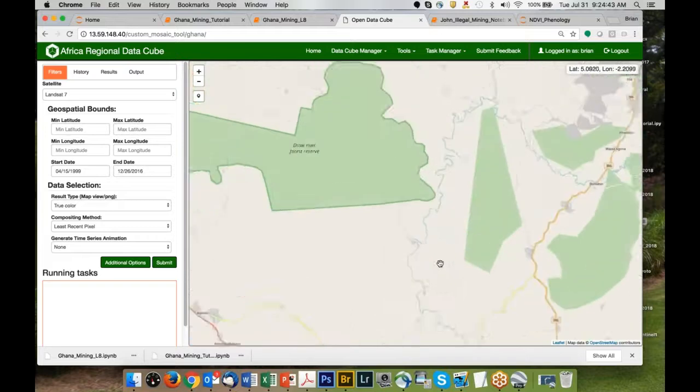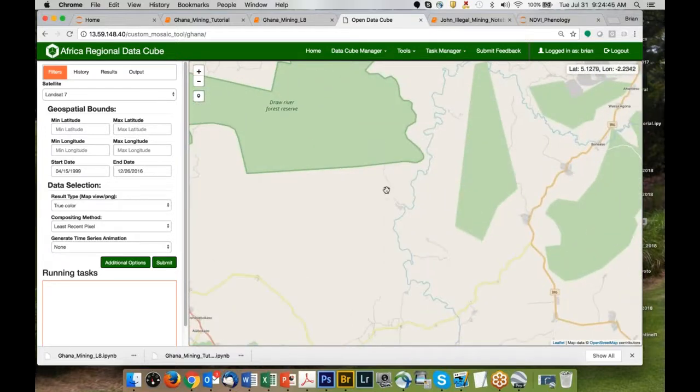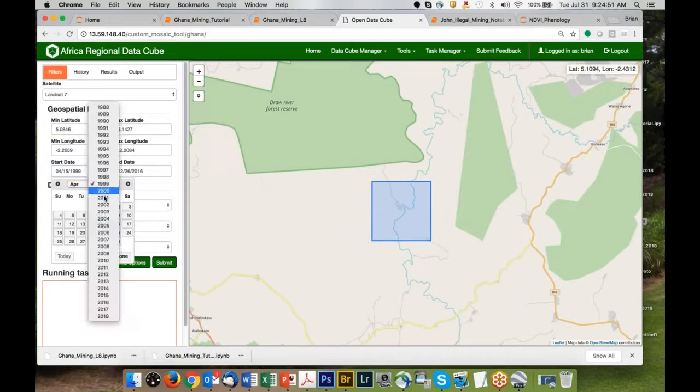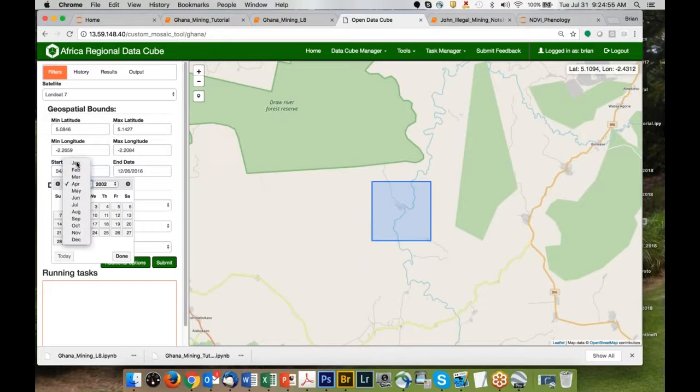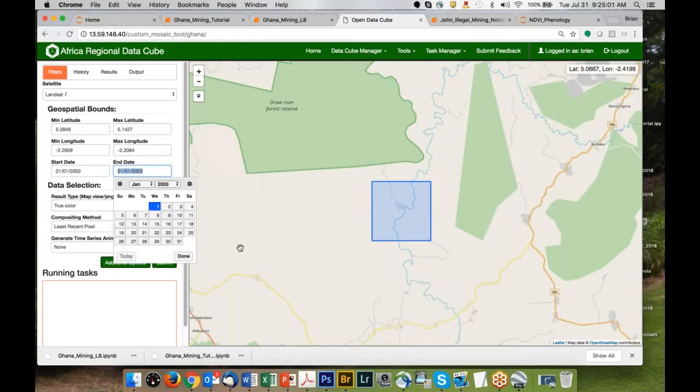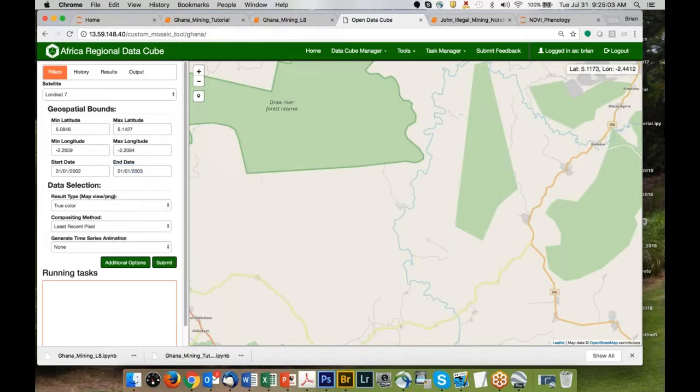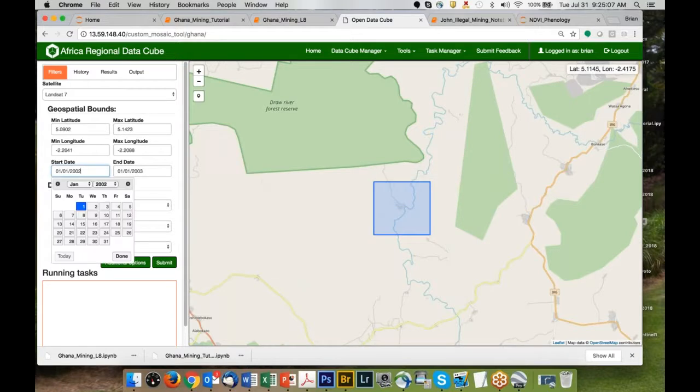Here it was. If I wanted to create a cloud-free mosaic over this area and see what it looked like back in 2002, I pick a date range here and click January 1, 2002, and what you see is it automatically increments at 1 year. So I've chosen my area, I've picked a date range,